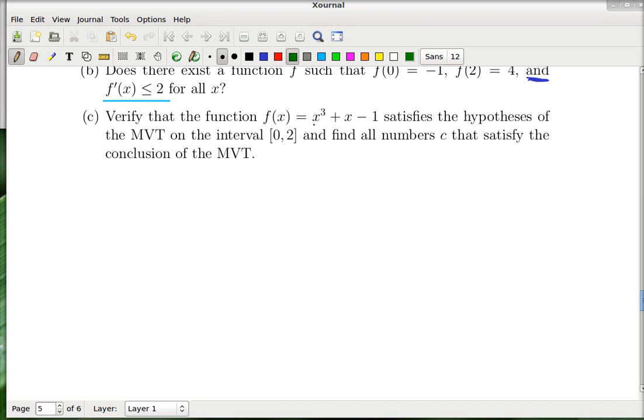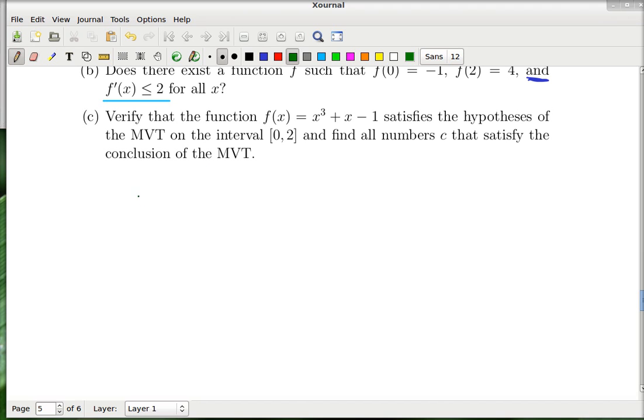So f is this cubic polynomial, x cubed plus x minus 1. So we have to ask ourselves, is it continuous and is it differentiable? It's continuous because polynomials are continuous everywhere. It's differentiable because polynomials are differentiable everywhere. And you can write that down in English if you want. If you don't, I probably won't take anything off. But that's what this first sentence is asking you to do, is verify that the mean value theorem talks about functions like this one. So the second part says, and find all numbers C that satisfy the conclusions of the